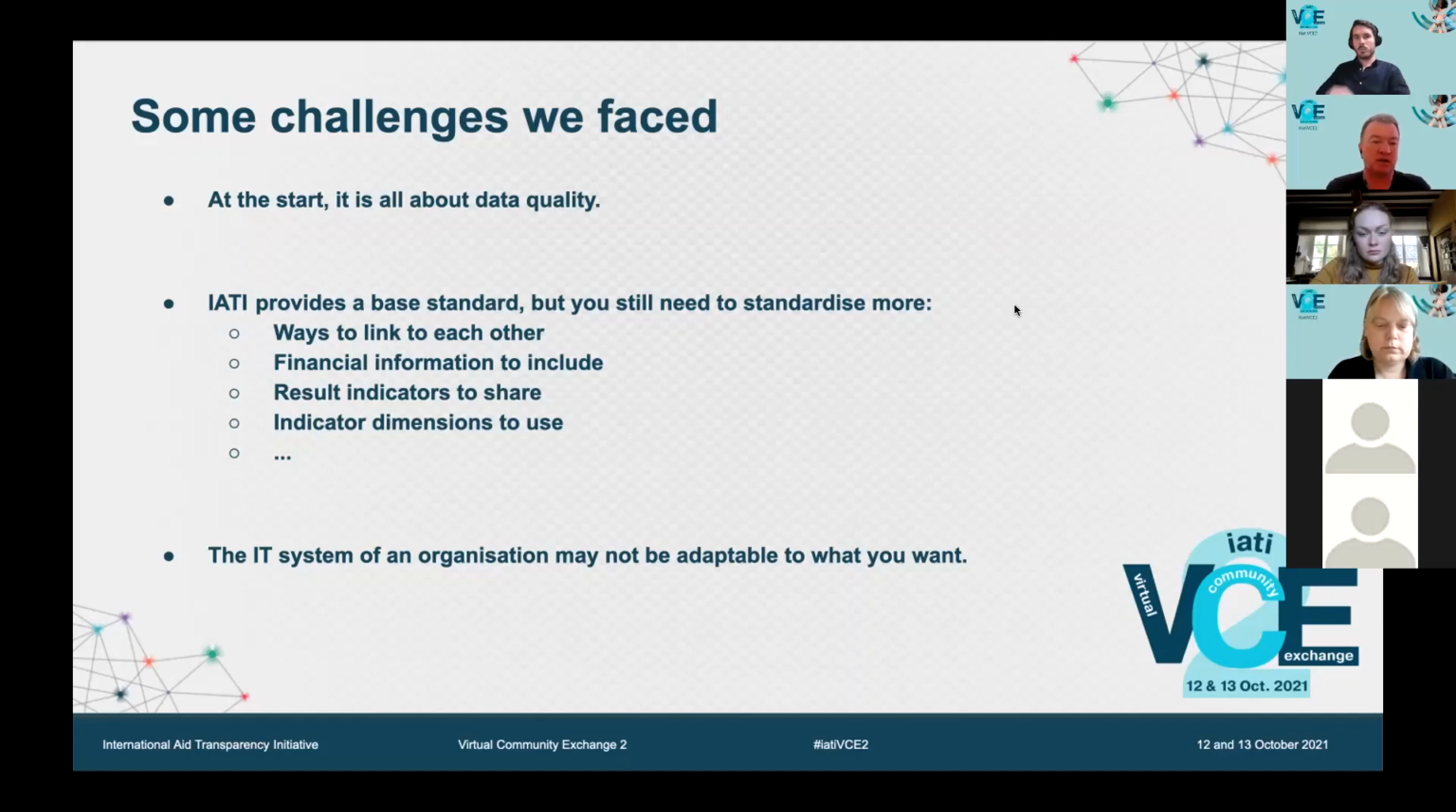And then as a last challenge that I want to mention here is, as I mentioned, all these organizations have their own IT systems, and these might not be as adaptable as you wish. So it might not be possible for an organization to actually add the dimensional data in the way you would like, which provides challenges. So to go quickly over a few of those things, if we go to the next slide,